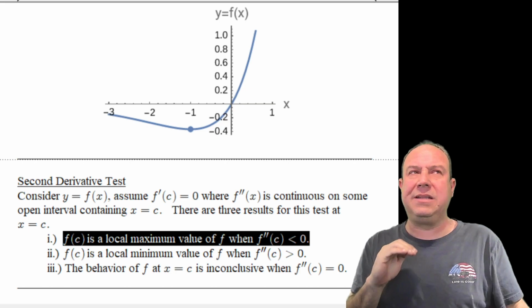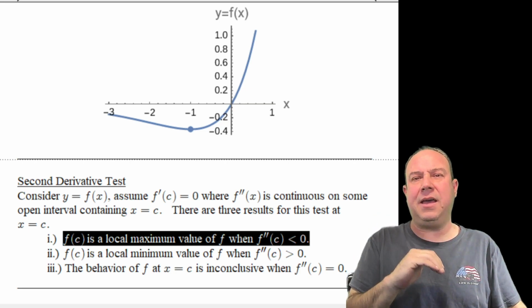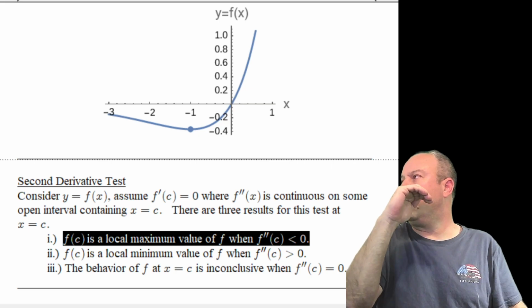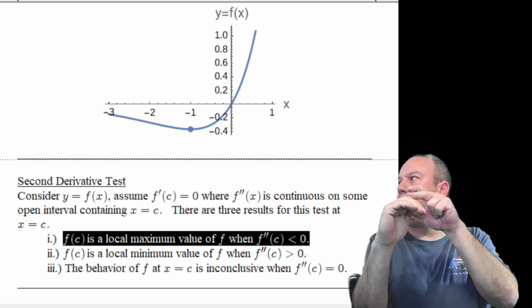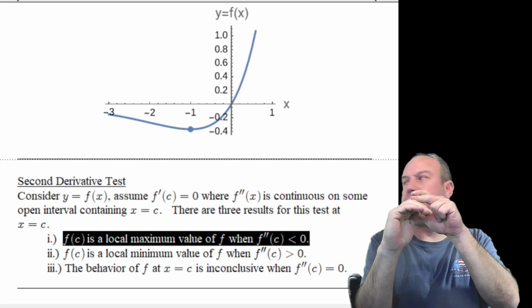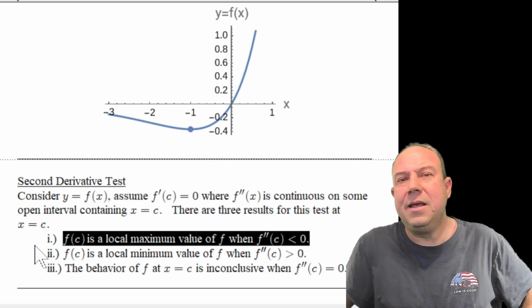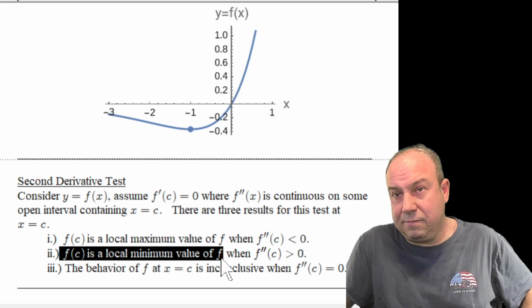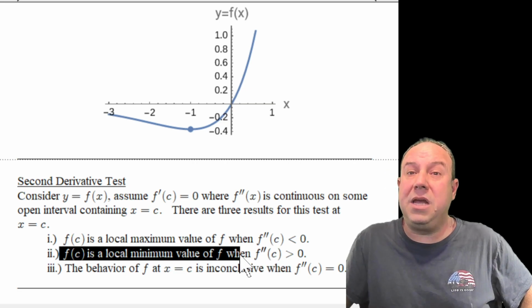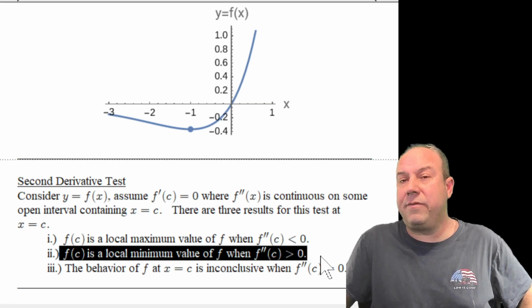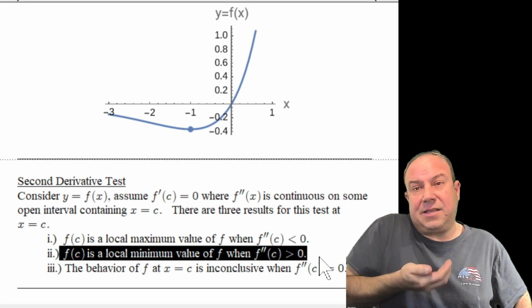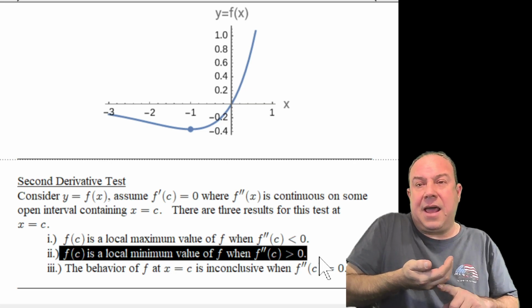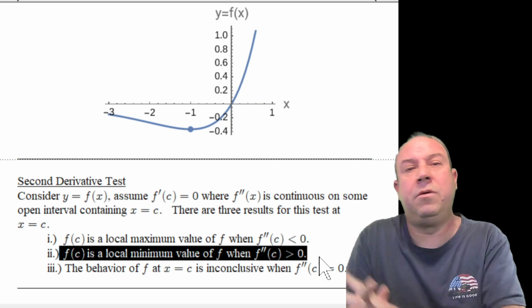All right. Remember, being less than 0 means you are concave down. And if you are concave down for your second derivative, you have a local maximum at that critical point given by your first derivative up here at the tip top. Likewise, f of c is a local minimum value of f when the second derivative of our function at that critical point is greater than 0. That highlights that we are concave up, and at the bottom of that concavity